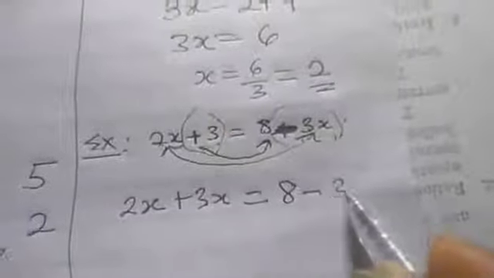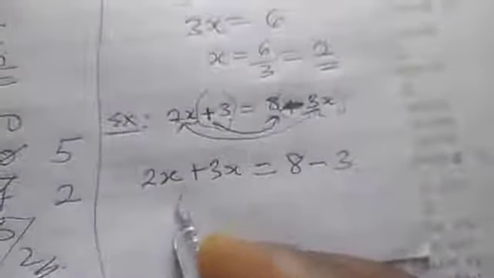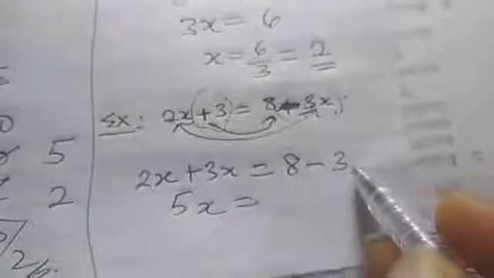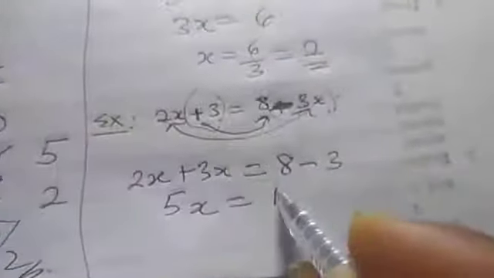Now, these two are also like terms. This one, I am taking it to 8. Any one that is staying there, the sign will not change. But this one is coming to 8, so it will become minus 3. So that our answer here is 5x equal to 8 minus 3. We have 5, so from this place, x will just be 5 divided by 5, and that is 1. So that is that about that.